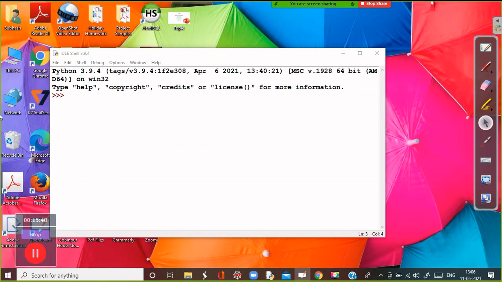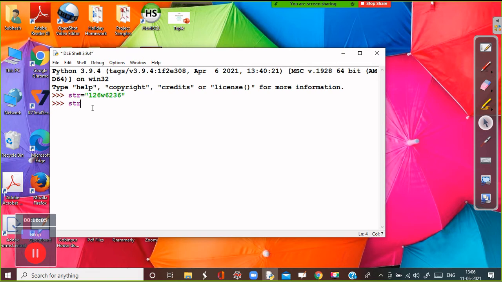So you can see here. Now suppose a string is something like that. Okay. So it consists of digits as well as alphabets also.